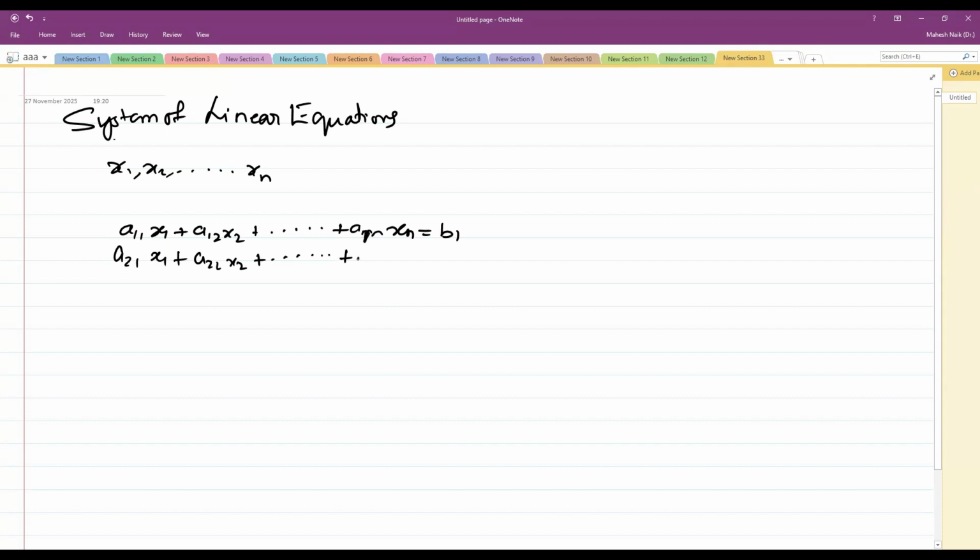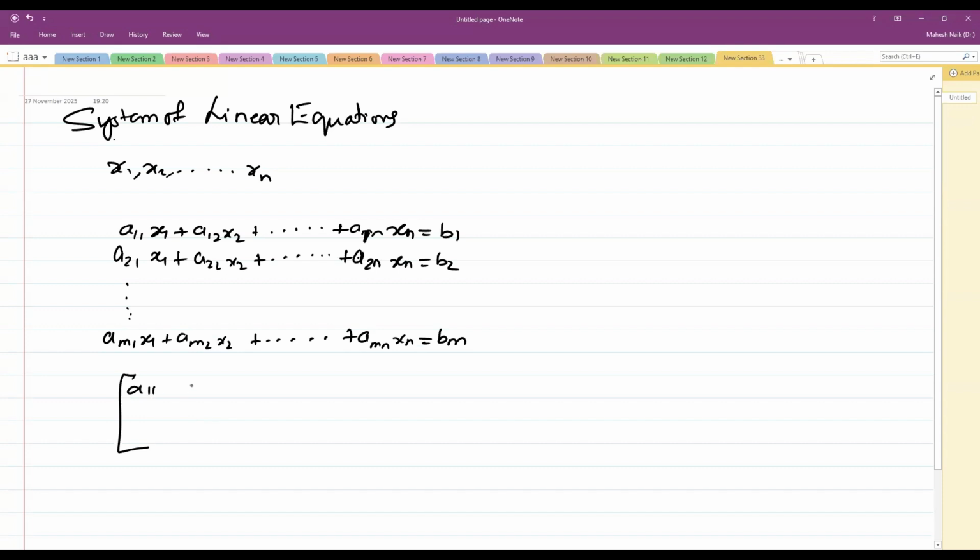up to a2n xn equal to b2. Likewise, the mth equation am1 x1, am2 x2 up to amn xn is equal to bm. So that is a system of linear equations with m rows and n variables, and we can convert this into matrix form